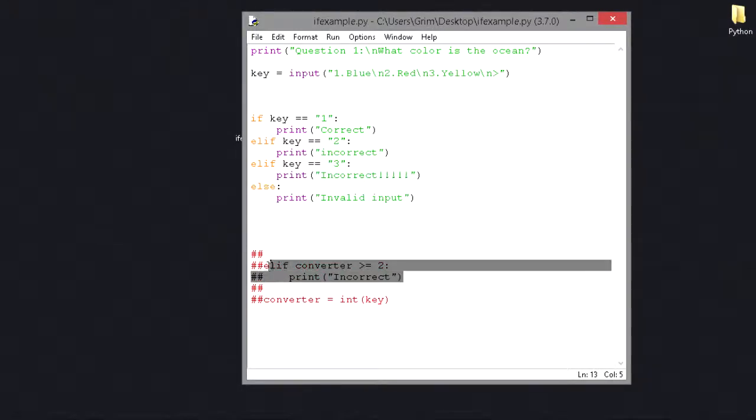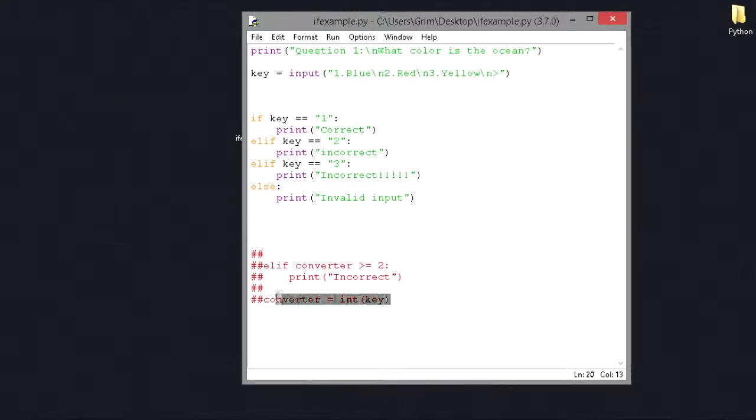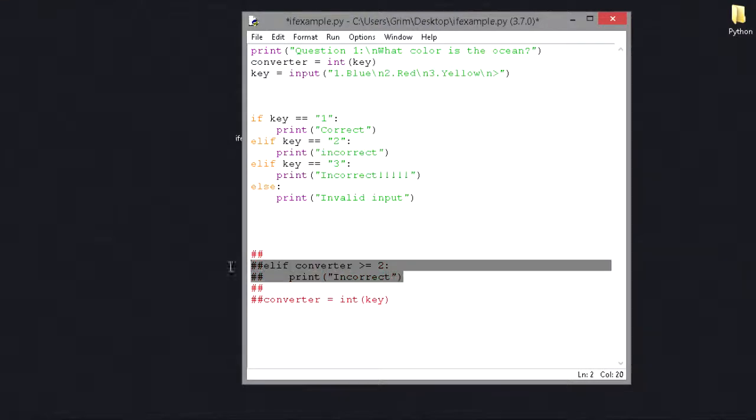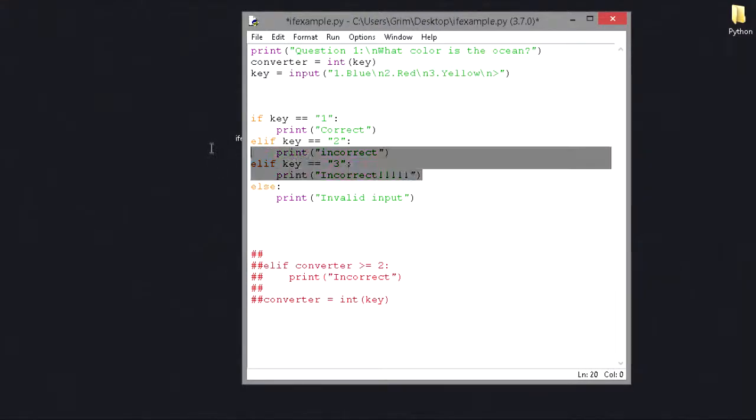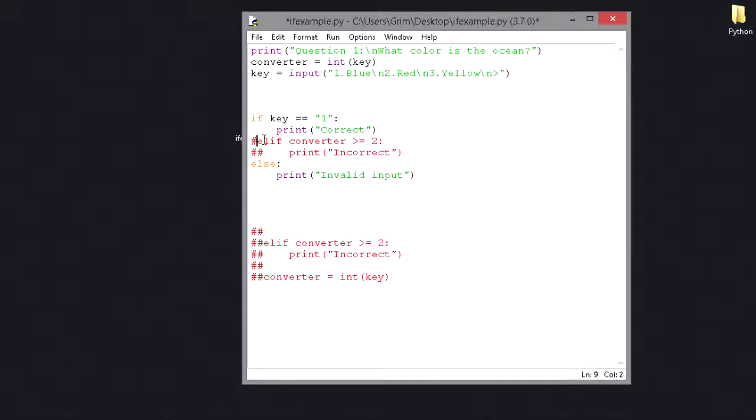And what I have here is basically the converter to integer, so I can do greater than, and it's going to do, instead of these two, and it's going to pick up my else as well. So if you input 4 or 5, it's going to print out this and that, I think. Actually, I have to remove that as well. So what it says now is, if it's 1, you press correct, and if it's larger than 2, you press incorrect. So that's